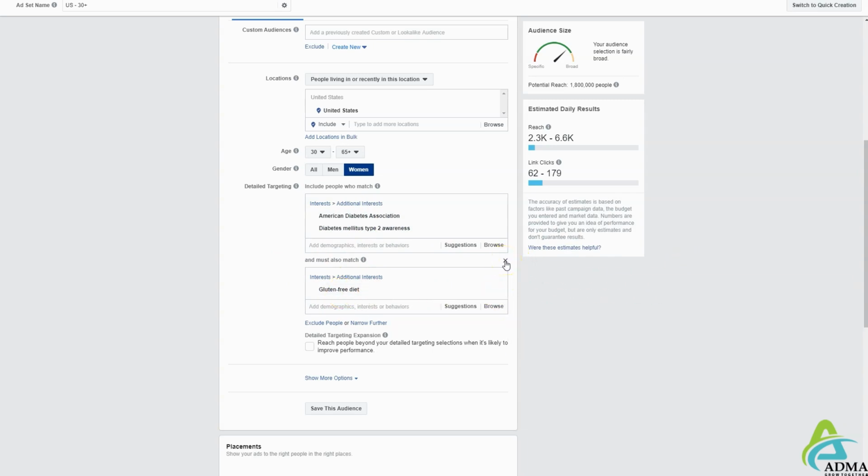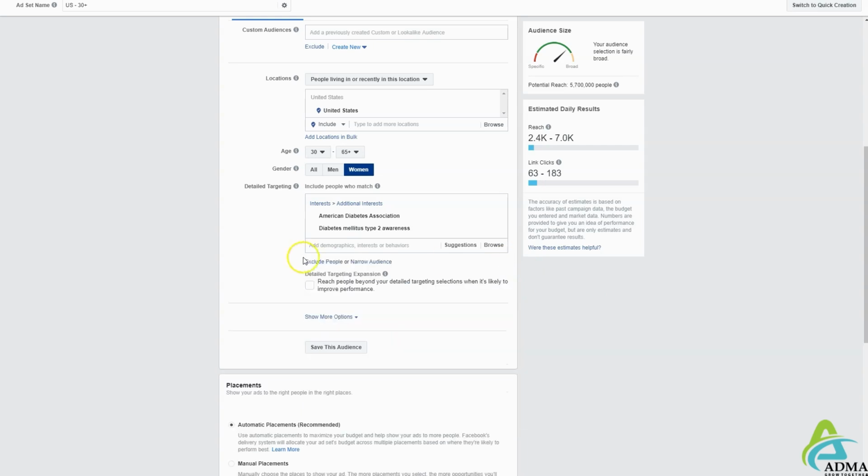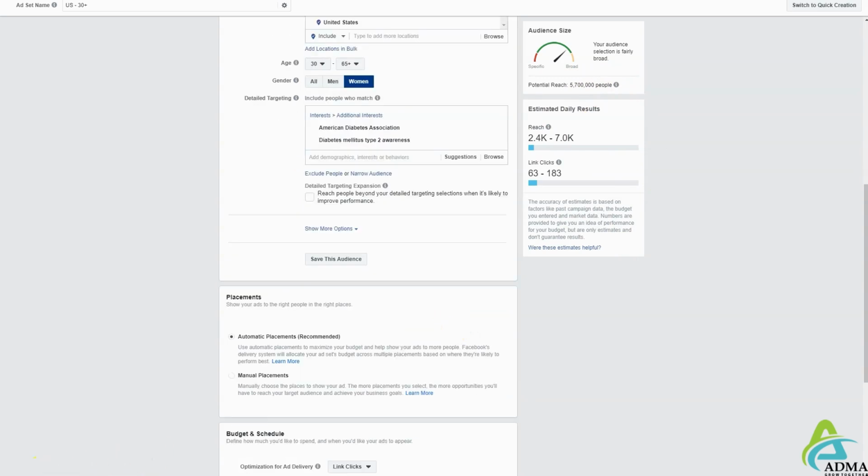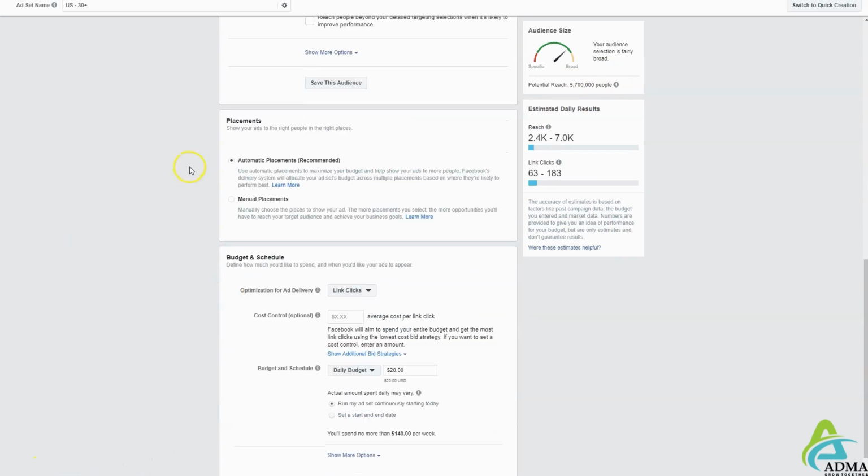We're not doing a gluten-free diet product. We're going to pretend for the sake of this example that we are selling, let's say, blood glucose monitors. Okay. And we're actually happy with this. This is actually a good, large, sizable, very well targeted chunk of the United States that we can show our ad to. Now, continuing on down here to placements,